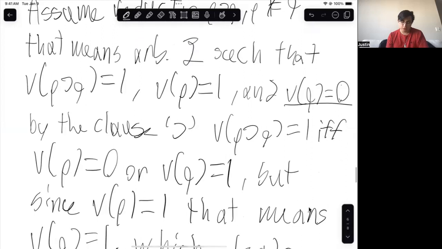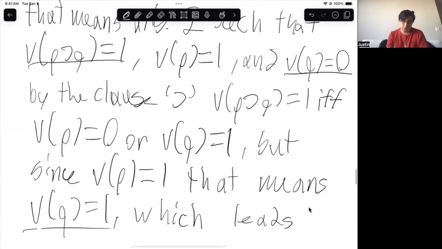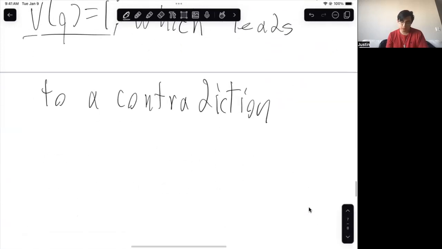Since here we assumed it was false, and here we're saying it has to be true, because this conditional is true. So then you can conclude,